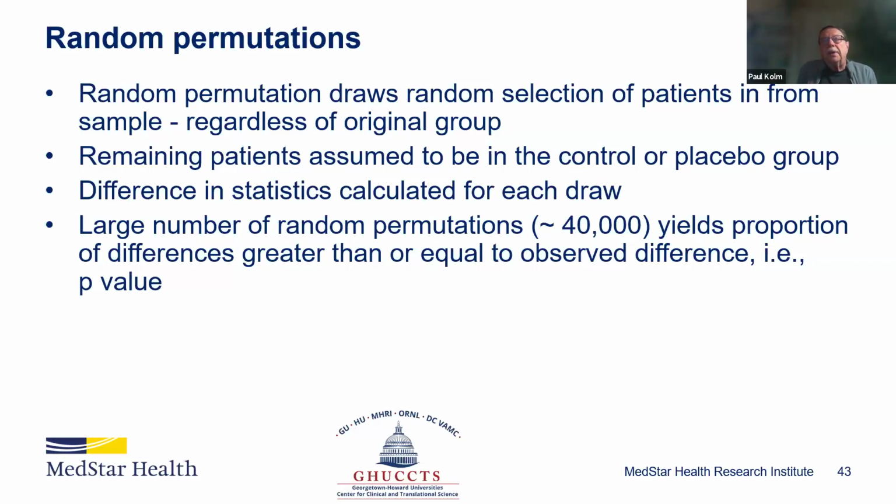And he came up with a number, and I don't remember how he did this, but it was like 38,000 and some, to be fairly confident that your p-value was at least correct. So in programming this, I just use 40,000, since it doesn't really matter in terms of the time it takes to do